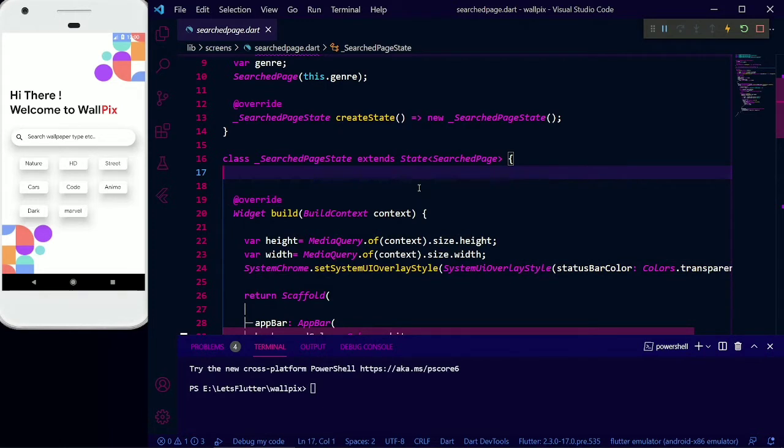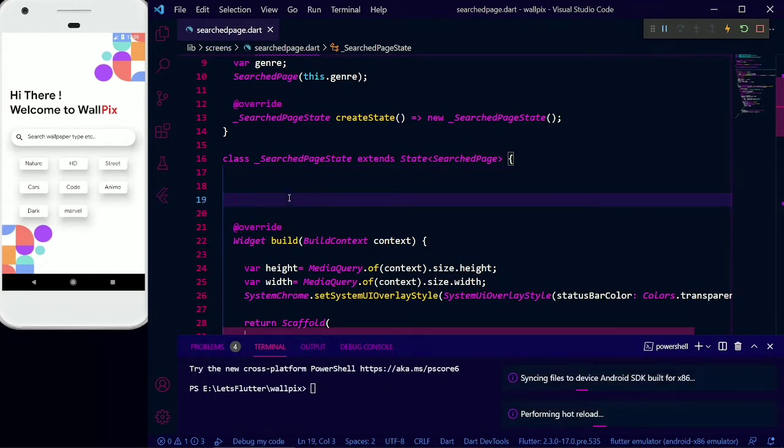The name of the function would be get genre. So var text.